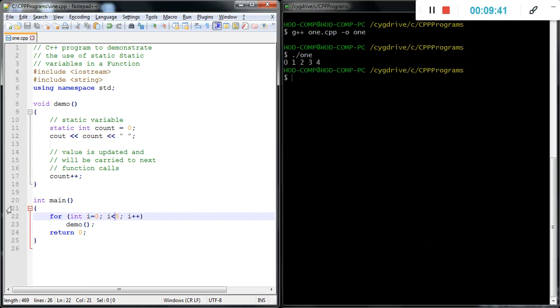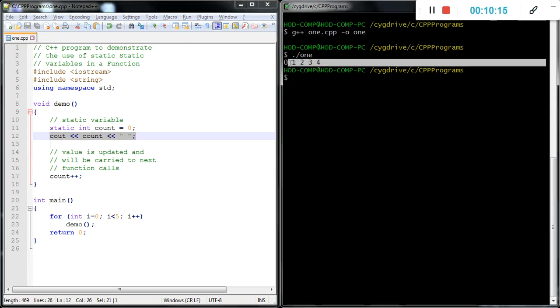It calls demo again, and count is now 1. When we define it static, count is not initialized again, so it prints 1 and increments count to 2. The same thing repeats up to the end of the for loop. Count prints 0, 1, 2, 3, 4. These are the count values.